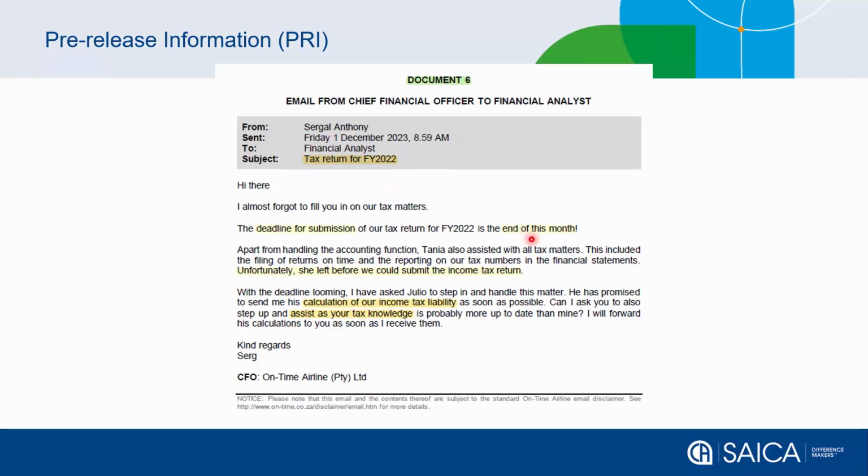is due at the end of this month, December 2023, and that the senior accountant who usually does the tax return left before she could submit the income tax return, and that the junior accountant will step in terms of the calculation of the tax liability, and you need to assist with your tax knowledge as it's more up to